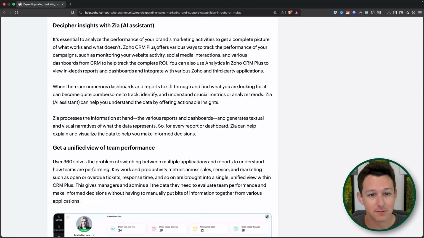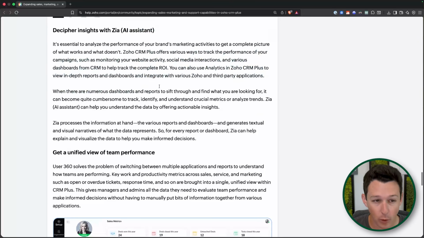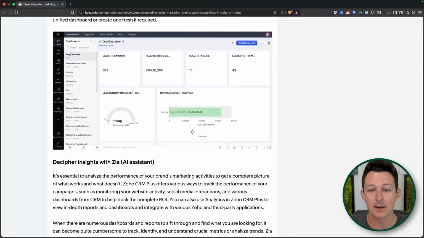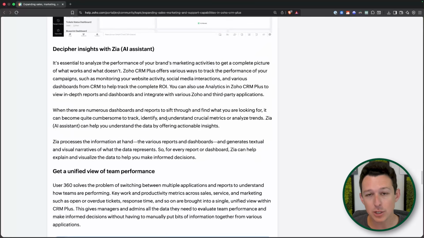Now, you have a bunch of different little plugin tools for AI interaction with your systems that we've covered in a bunch of other videos. This one here that they're talking about specifically is the usage of Zia as an AI assistant in analytics and reporting, right? Again, keeping in mind that you have all of this data from cross-application and even cross-department workflows now inside of CRM Plus, and you can use AI to help you understand and interact with that data